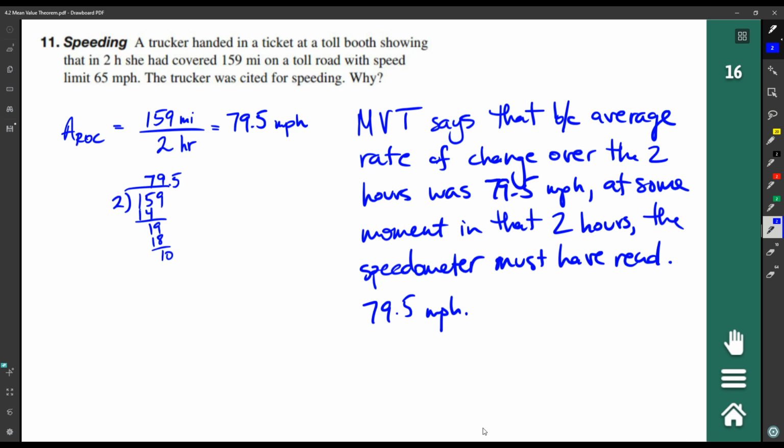So here we have calculus proving to us that even though we didn't have a radar gun, we still could give a ticket for this car driving along,